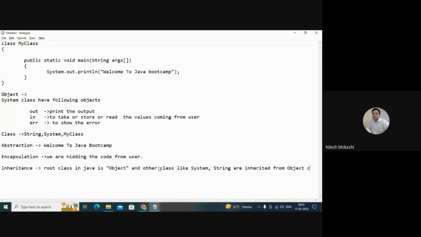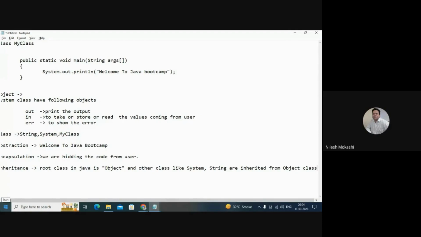So I have two classes of Java called String and System. But what is the root of them? From where are they derived? These are derived from the root class, Object. So from the Object root class, System and String are inherited. So we are using inherited classes in our program. That is how inheritance is used in this program.